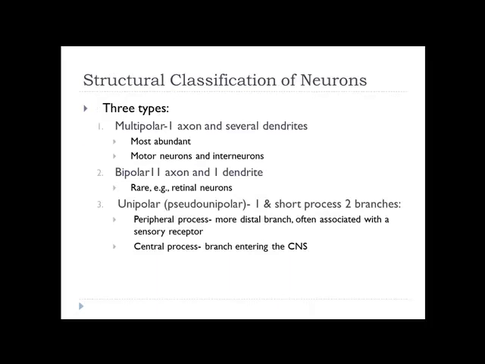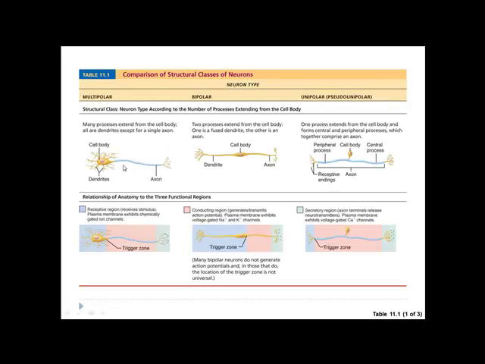I don't know. Okay, with our neurons, they could be shaped based off of what they do or how they look. So you have multipolar, bipolar, and unipolar. Multipolar will have lots of appendages coming off of them. Bipolar have 2 appendages coming off of them. And a unipolar has 1 cell body with 1 appendage coming off of that cell body.